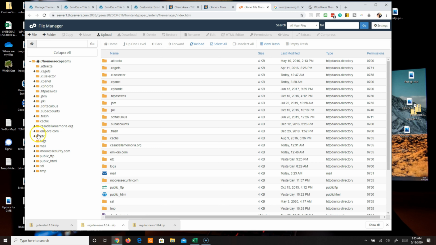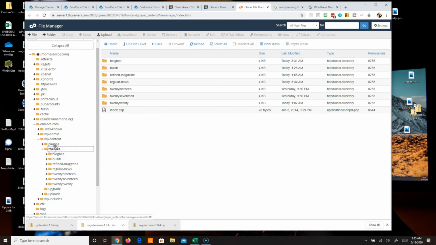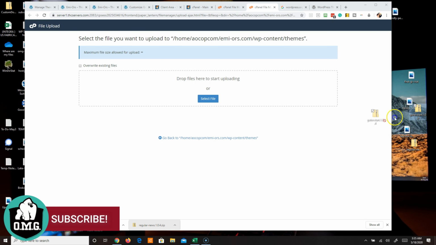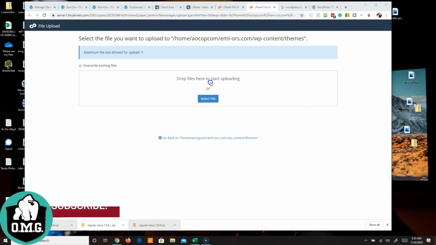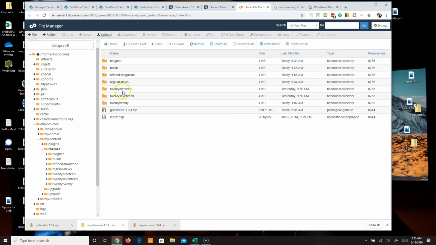And then what we want to do is look for public_html. You want to click on wp-content and you'll find themes. And this is where you want to upload your theme. So you'll upload, in this one you can just drag over here. Gutenstart, and it added it. It's 100% done. You click on go back and we should see it in our list. Here's the zip file, and let's go ahead and